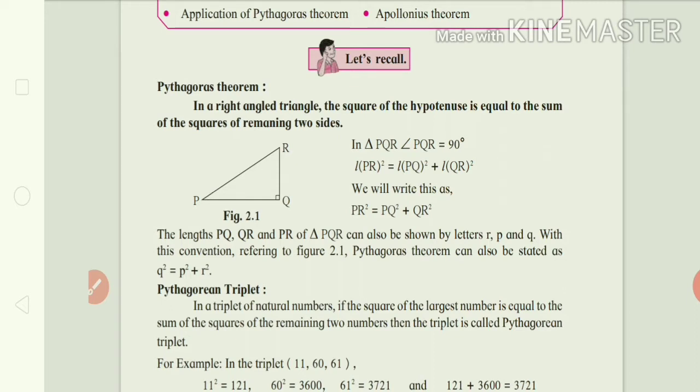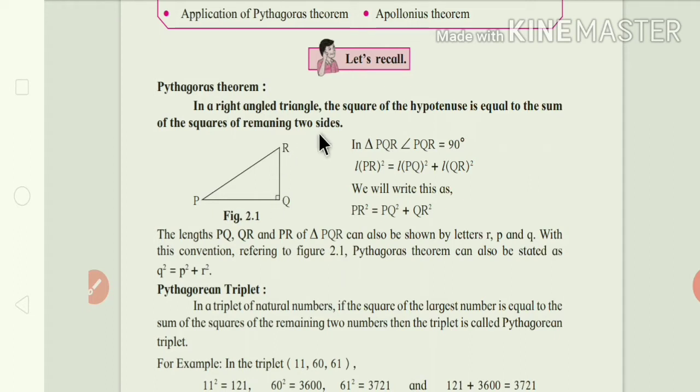Listen here. In this diagram, PQR is a right angle triangle, and in this right angle triangle this side is the hypotenuse and the remaining two sides make the right angle at the point Q. Now listen here, in this triangle PQR, angle Q is equal to 90 degrees,